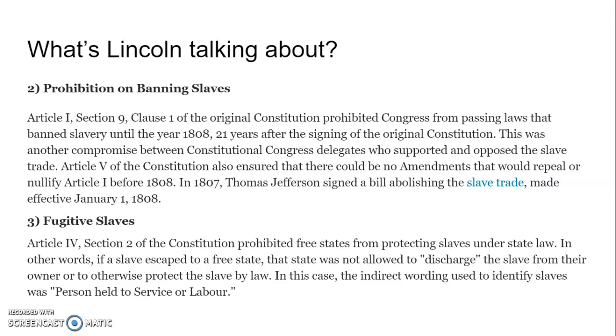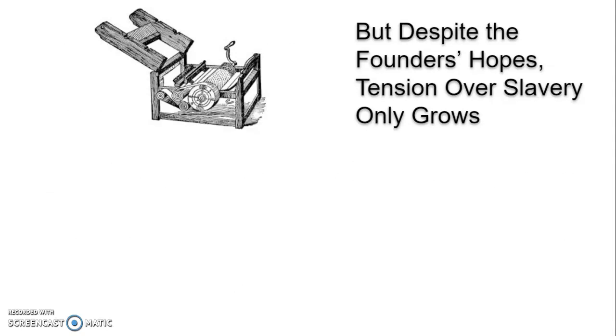There's another law built into the Constitution on fugitive slaves, and it says that the free states where slavery was illegal could not essentially discharge a slave. If somebody escaped to a free state, that didn't automatically mean that they were granted their freedom. Now, in practice, this was ignored frequently because people in these free states just hated slavery, so they weren't really sympathetic to trying to do the bidding of those in the South. This is something that went back and forth for quite a while in terms of how fugitive slaves were treated, but it is a provision that was made.